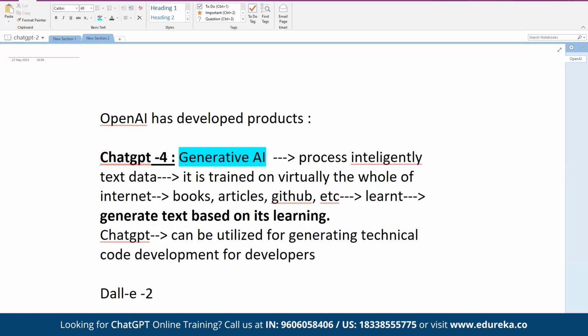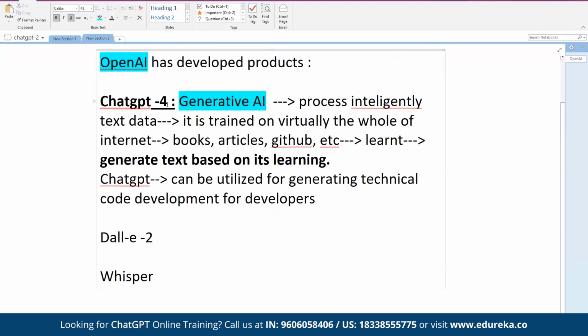ChatGPT is a powerful generative AI model. It has been developed by OpenAI, a company which has been in controversy recently. And ChatGPT 4 is the current version of the model which it has released. Okay.